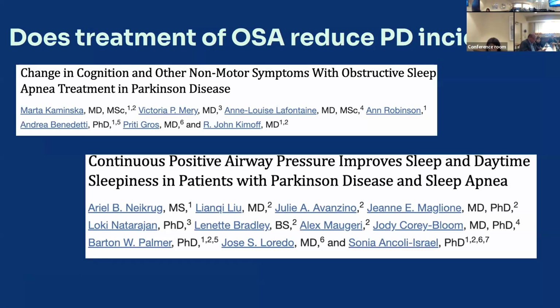There's a lot of literature that supports this, although CPAP has not been extensively studied in the context of Parkinson's due to some challenges with adherence and tolerance and compliance. There was this prospective observational study, 67 patients with Parkinson's had a PSG. Those who had moderate to severe OSA were offered CPAP. They followed them from 6 to 12 months.